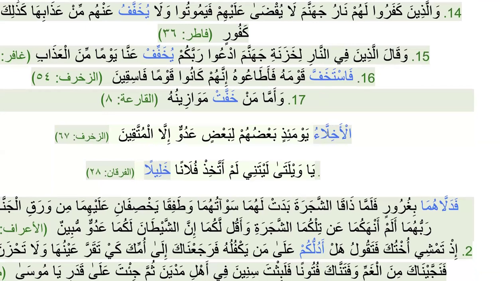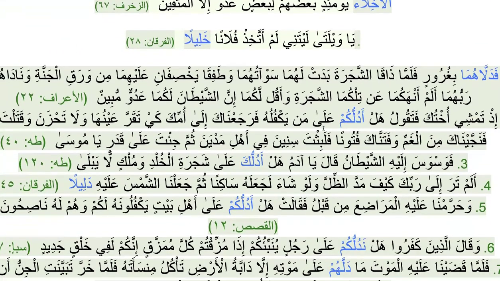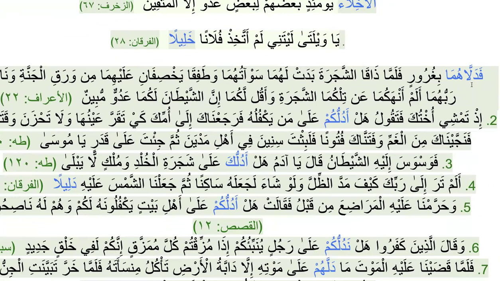Now akhilla, akhillau. Which rule got applied here? Rule number 2, and this is a plural, which is a broken plural. You notice here, what is the singular for this one? Can somebody give me a singular for this one? Khalil. Yeah, it is right there, right? Alhamdulillah. So again, which rule is being applied? Dalala, like Nasara. So rule number 1 is applied.